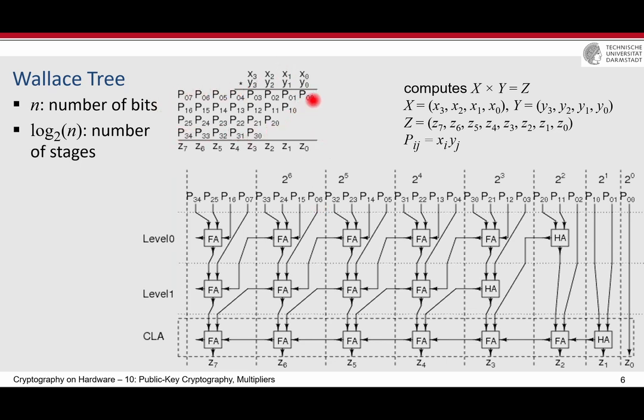It means that 0, 0, and 0, 1, and 1, 0 have the same weight, so they are in the same layer. 0, 2, 2, 0, and 1, 1 are in the same layer. 0, 3, 1, 2, 2, 1, 3, 0 are in the same layer, and so on. Now, it is somehow similar, but you see here that these two are going to the